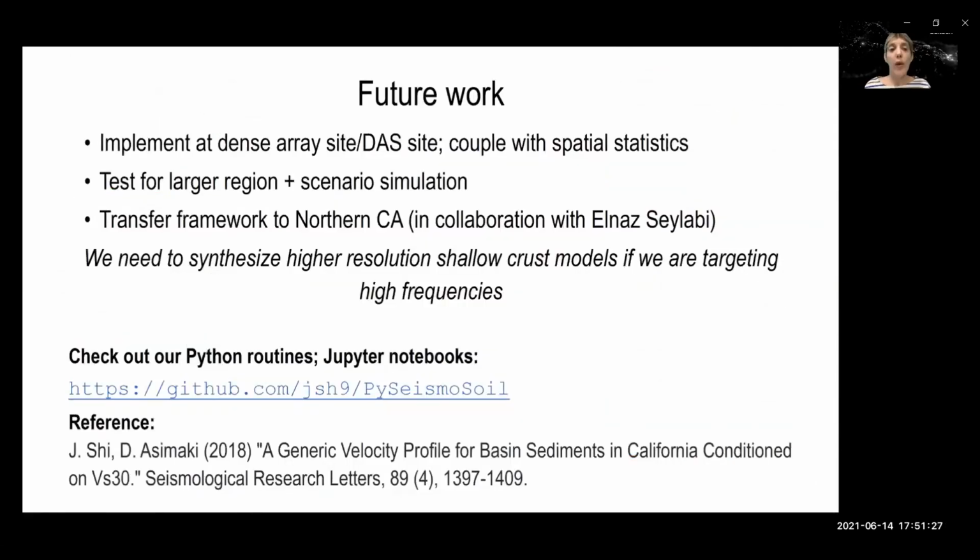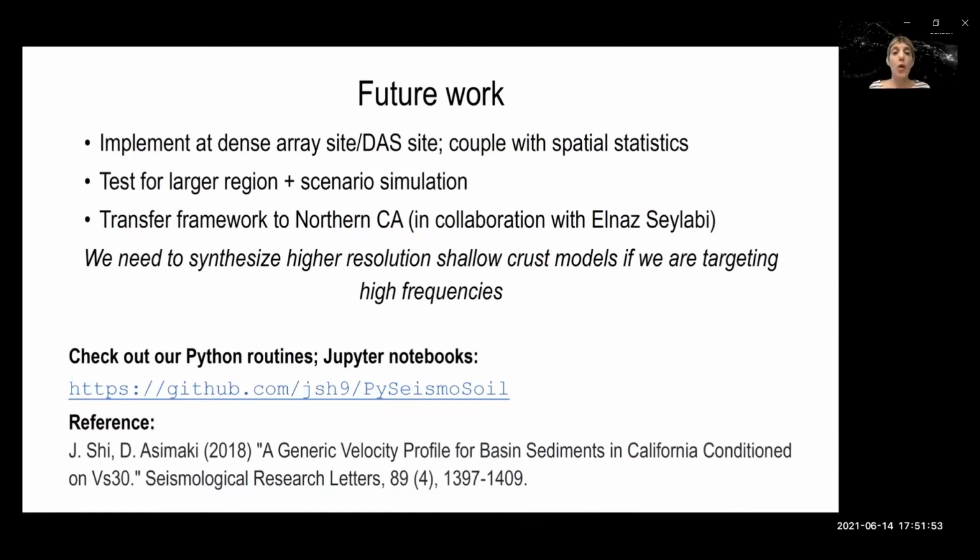So for future work, we want to implement the same process in a dense array site, so we can start coupling SVM with spatial statistics that are data-driven, such as empirical models or even Toro models that come from a much wider range of sites, site conditions and areas.